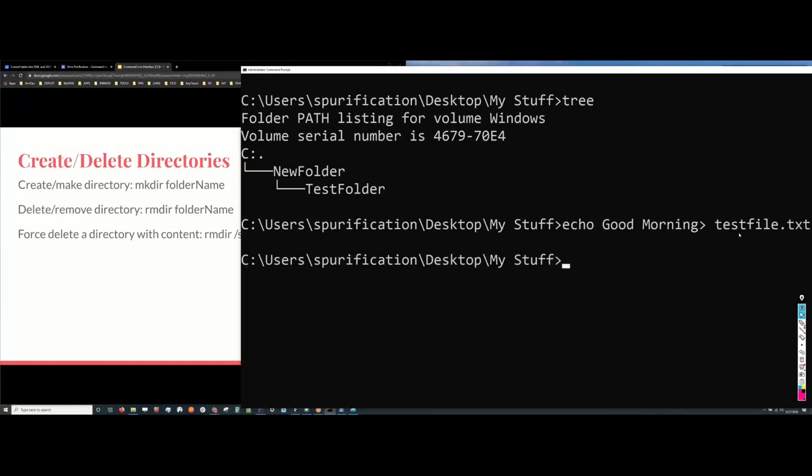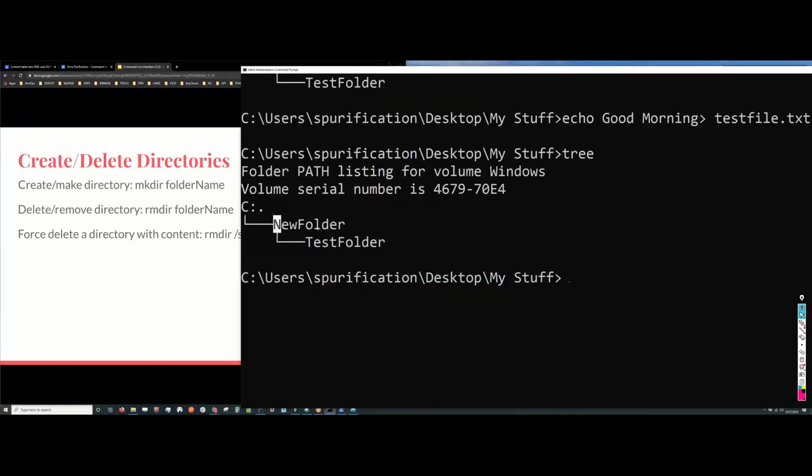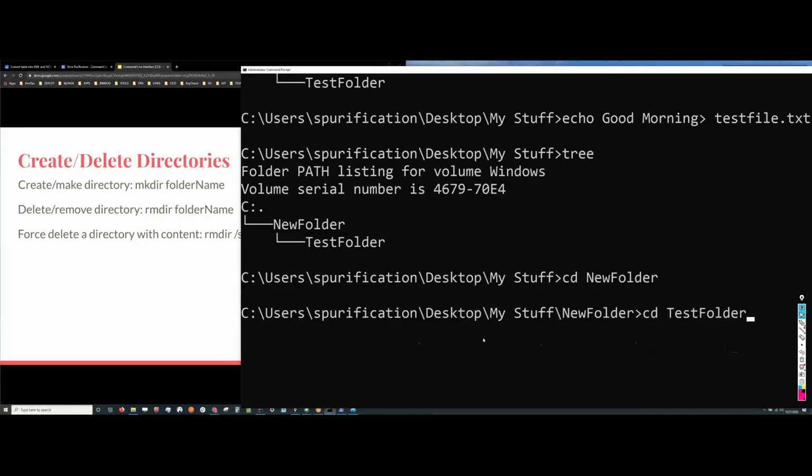If I hit enter, it has created that file. Let's hit tree here and let's see what we have. We got this new folder. Inside that we have test folder, and if I go into this test folder, cd new folder, cd test folder,